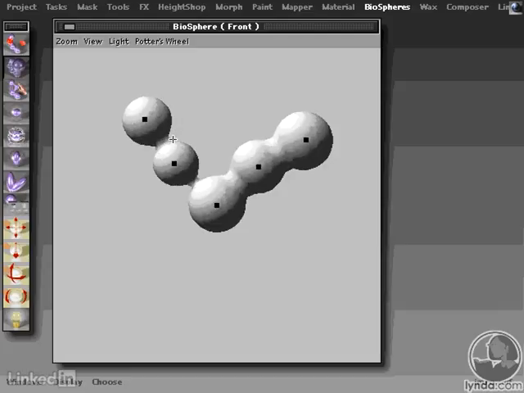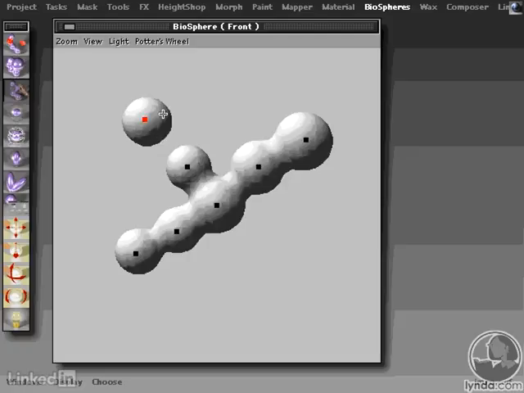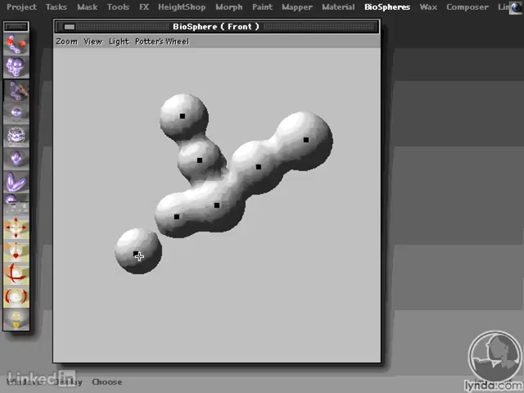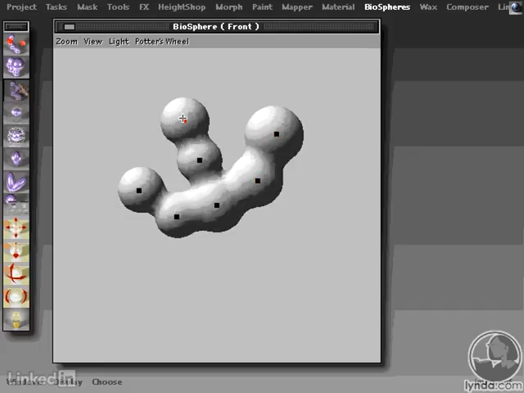So now each one of these spheres that I'm making here has its own parameters for radius, energy, and so on. So as I move these, let me just show you here. I'm starting to make sort of a hand here. How about that? Go ahead and pull these guys closer together. Kind of some kind of alien hand I'm making right now. So now, as I'm blobbing these guys together,